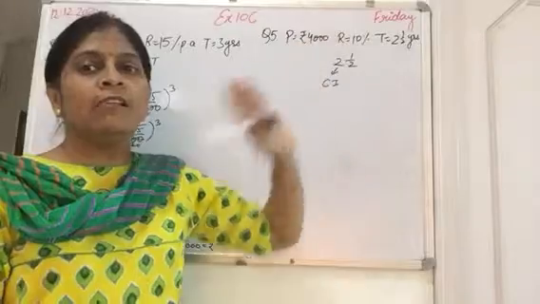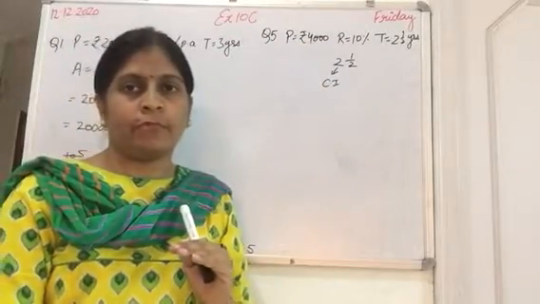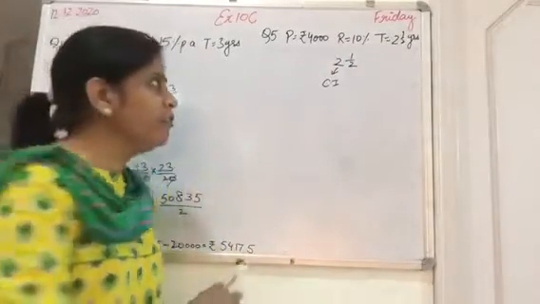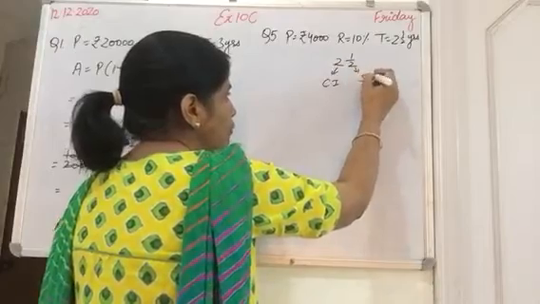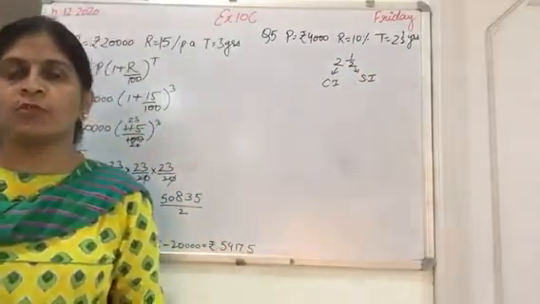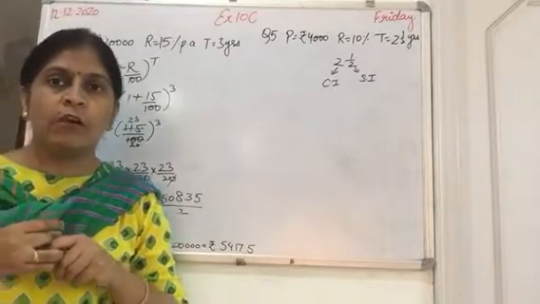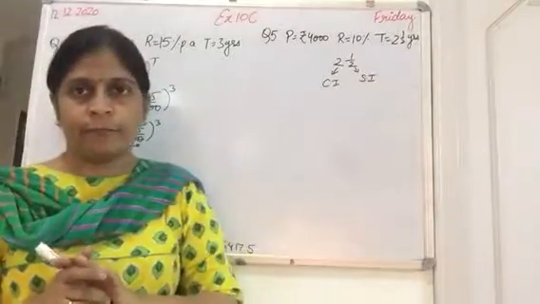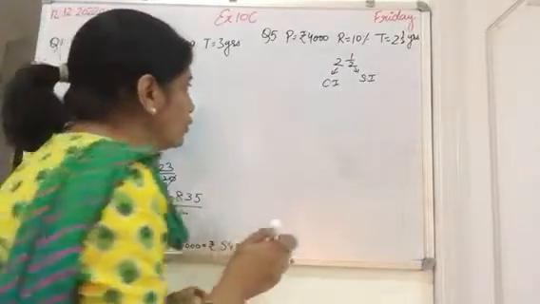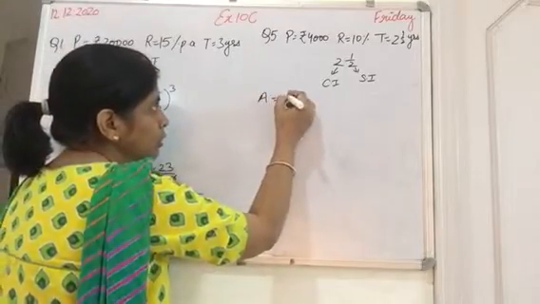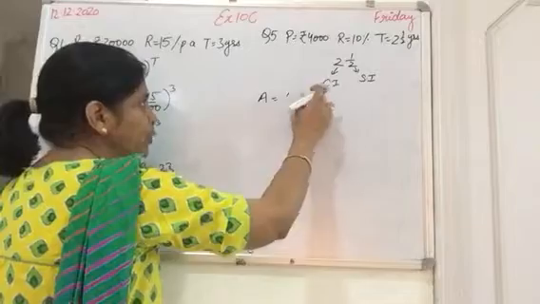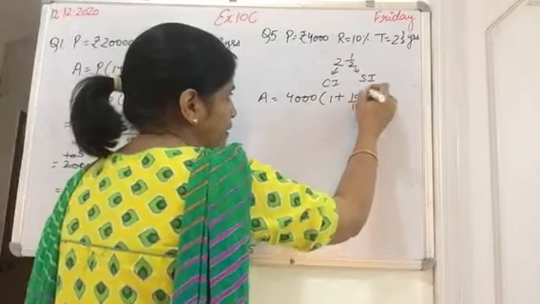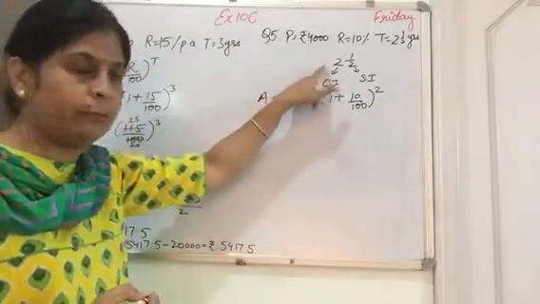So the bank says that we can't give you compound interest because the year has not been completed. This half year is not completed. But we will give you simple interest for this half year, so that the customer will also be benefited. Yes. Now how to calculate for this? In this case, first we calculate the amount. We assume we calculate the amount for 2 years only. So 4,000 into (1 plus 10 upon 100) raised to the power 2, because 2 years are completed.